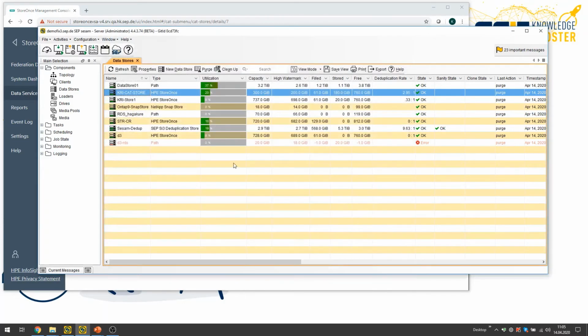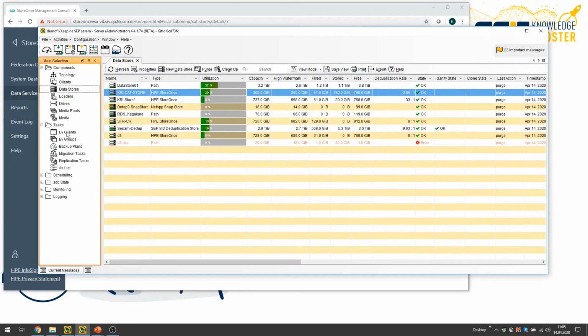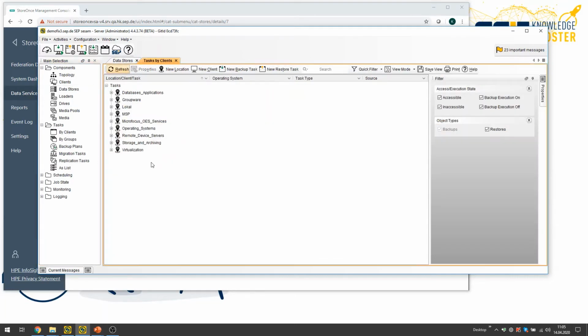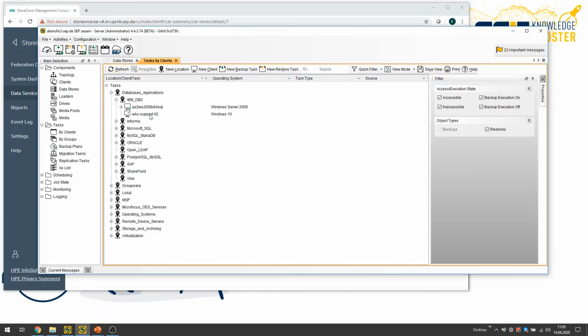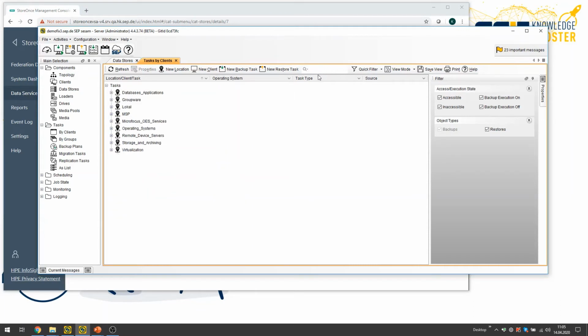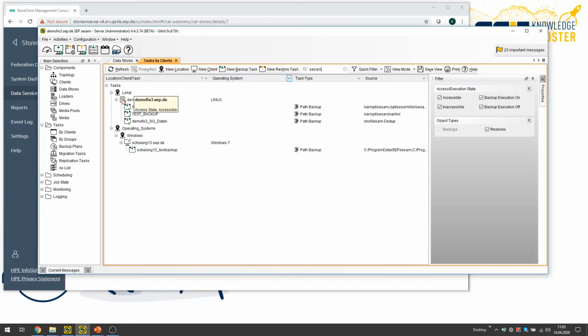So now let's do some example backups, and for this we go to the tasks section and the task by clients, and in this sheet we have all the computers we would like to back up, all the database servers, the backup clients in fact, and they are structured in kind of a tree structure which you can configure completely on your own. And for some demo backups we search for sesam, and then we will find the backup server itself,